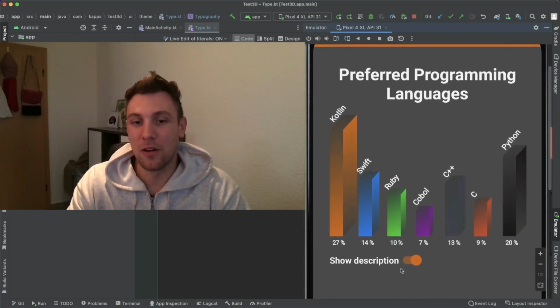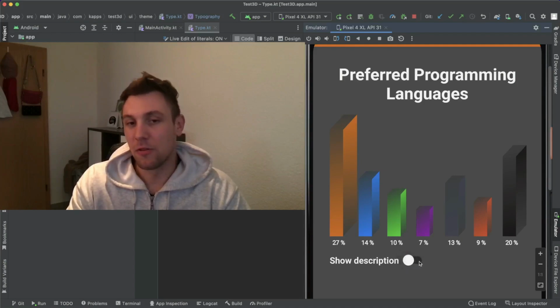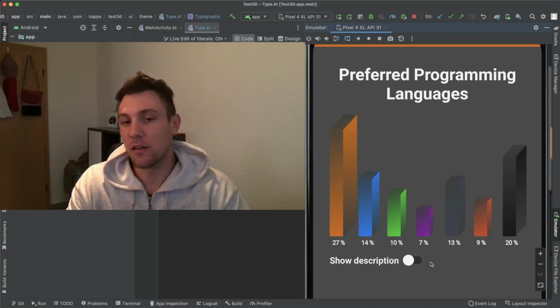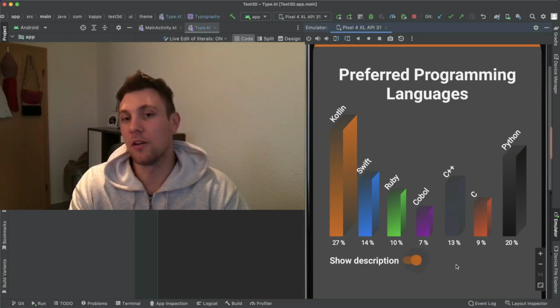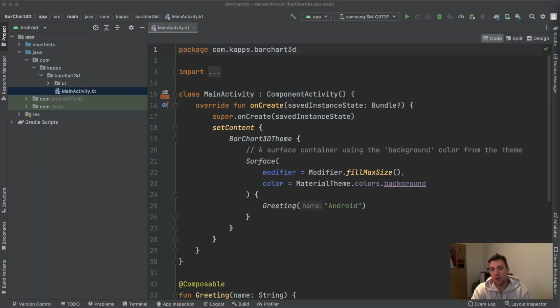As you can see, we can also enable or disable the description. So if you prefer this kind of view, then you can turn off the description, or you can of course turn it on. Alright, okay, I'm in an empty Jetpack Compose project, and we will also launch the app